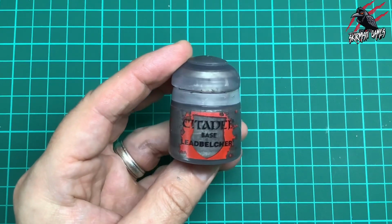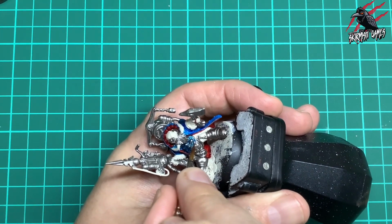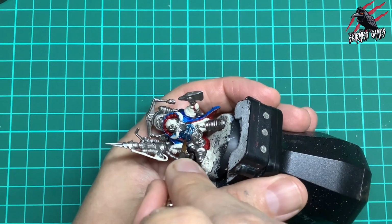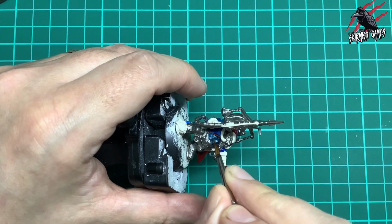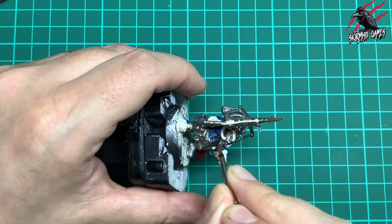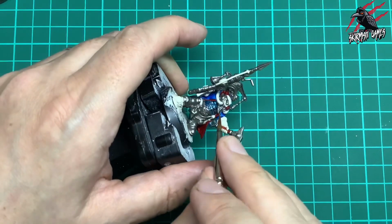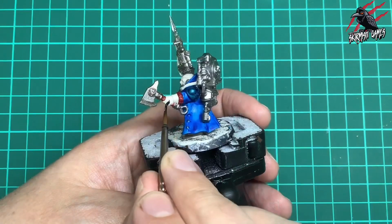neat. And that's why I go back with this Leadbelcher now, and I go over those buckles and just make sure that those raised buckles have got a nice coat of Leadbelcher, because we want to paint those gold later on. So again, turning that model so it's helping me keep my arms braced on the table and in complete control. And now we're on to the next paint, the Contrast Black Templar, and I'm starting here with